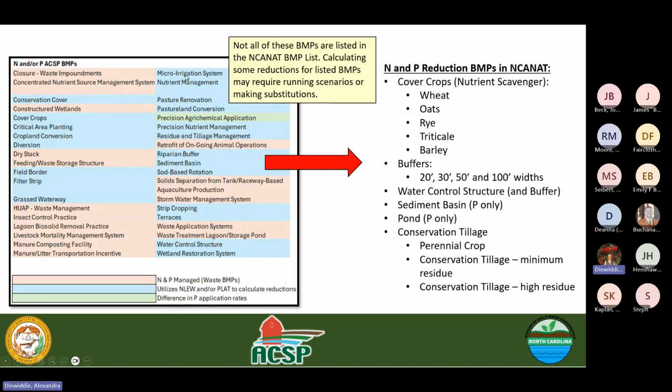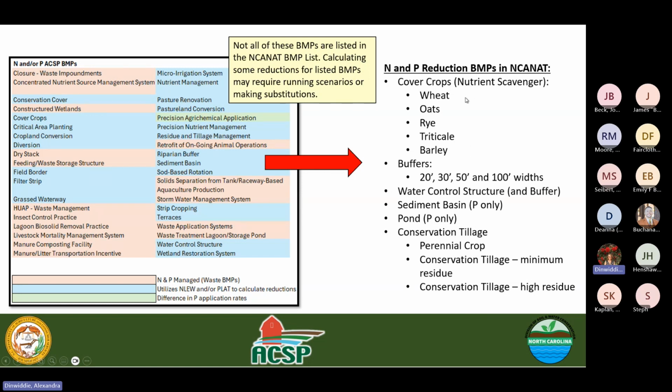These are all of the BMPs in the Ag Cost Share program that we calculate nitrogen and phosphorus reduction for. So not all of these practices are N things, and some of them might be phosphorus only, but all of these practices either have one of those nutrients calculated for it and put into state contracts. And the BMPs that we have through NCANAT are the ones that Deanna has covered, but just to reiterate,